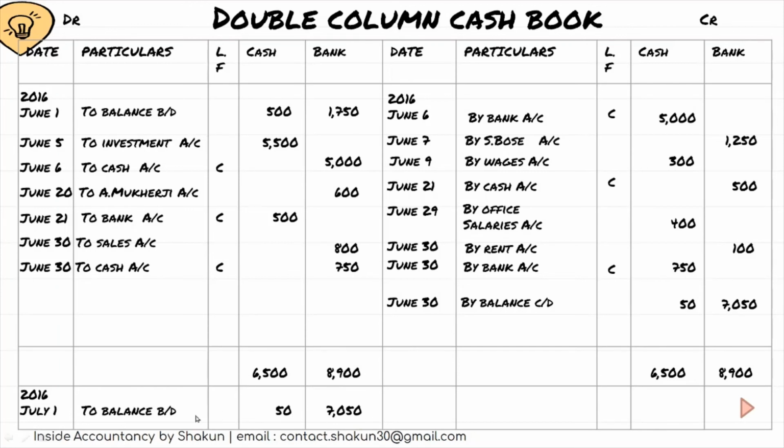That's why we say that the cash book always, I'm not talking about bank, but I'm talking about cash, always has a debit balance, because whenever we look at the balance, we always look at the opening balance, which of cash is always debit. Bank may have a debit balance, may have a credit balance. In case of credit balance of bank, we call it bank overdraft, which means that we have withdrawn more than the limit offered by the bank and we have to make a payment to the bank. So this is how we are going to solve the question and how we are going to do the balancing.